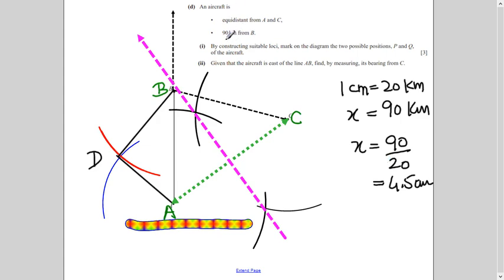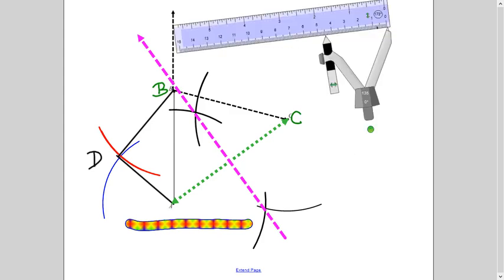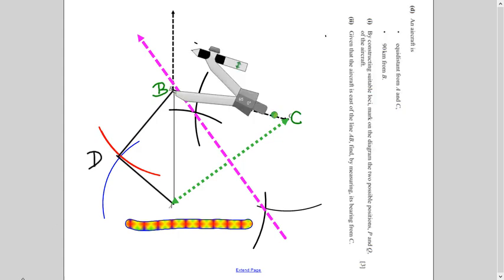Now we know when the question says 90 kilometer from a point which is B, it means it is a circle according to Loci. So now I will draw a circle at B. On the scale, I will again measure 4.5 centimeter with the compass. You know, in loci, the important thing is all arc, measurement, everything. This is what loci is about, and then you get marks accordingly. Now I will put it here and I will draw a circle here, right?